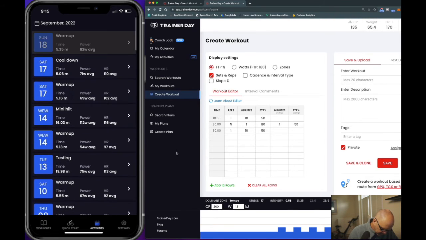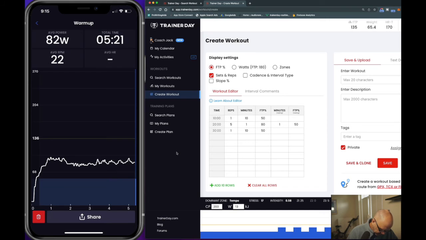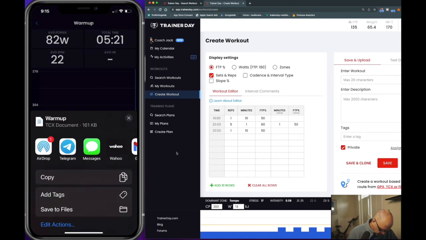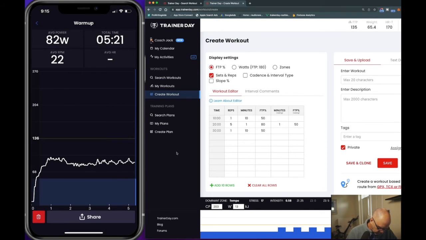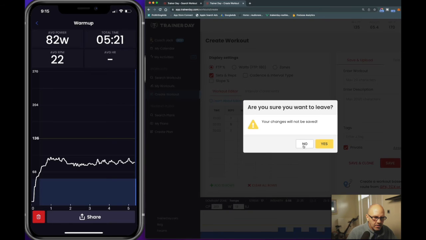I can see the history of those workouts. I can share that workout, you know, if I want to upload it from here to Garmin. One difference is that when you share from here, we don't include speed and distance. And if you come to my activities here,